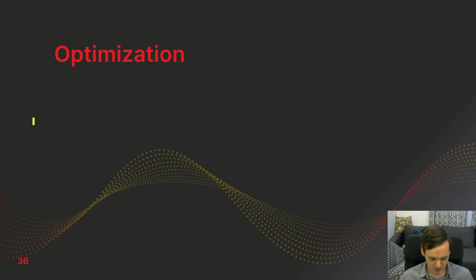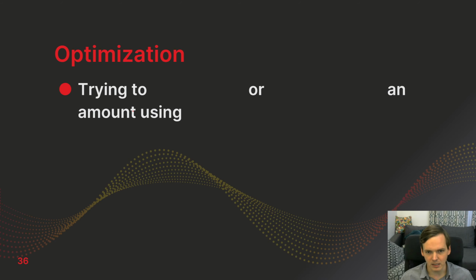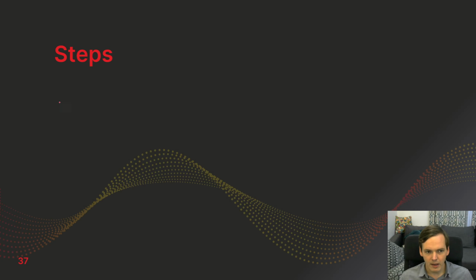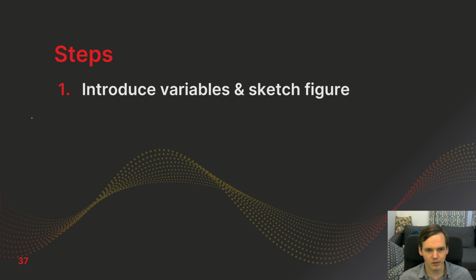Optimization, as a math technique, is trying to maximize or minimize an amount using derivatives. So we're trying to find where something is either the biggest number it can be or the smallest. And the steps to optimization: first, we want to introduce any variables that show up in our problem, and